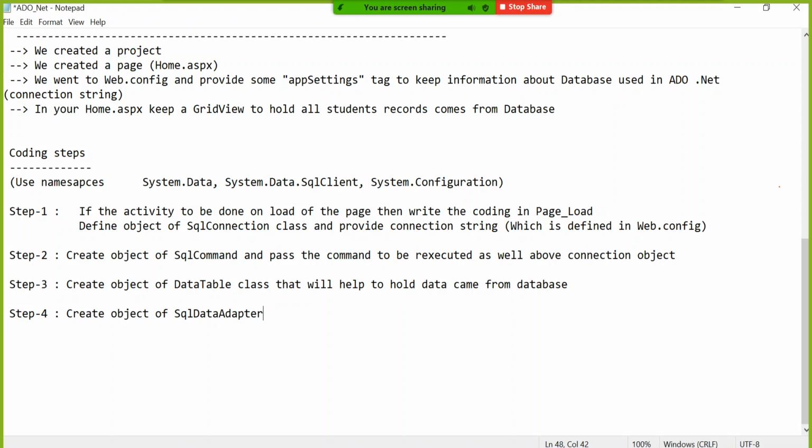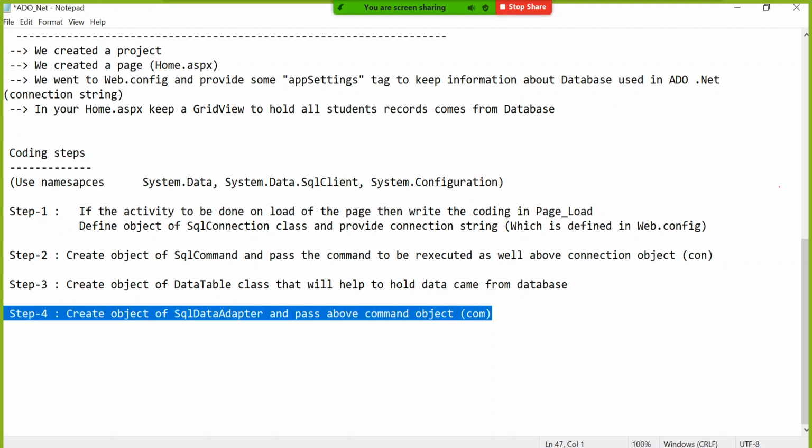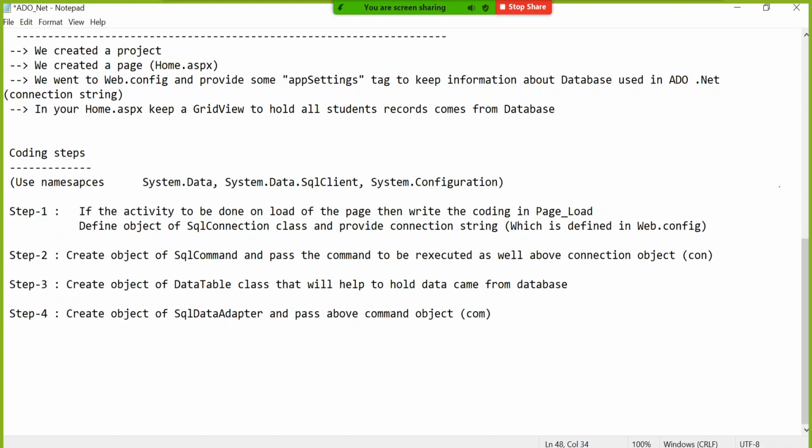So create object of SQL data adapter and pass the above command object. In our case, our command object name is COM. Okay. Here CON, here COM. So create the object of SQL data adapter and pass the above command called COM.